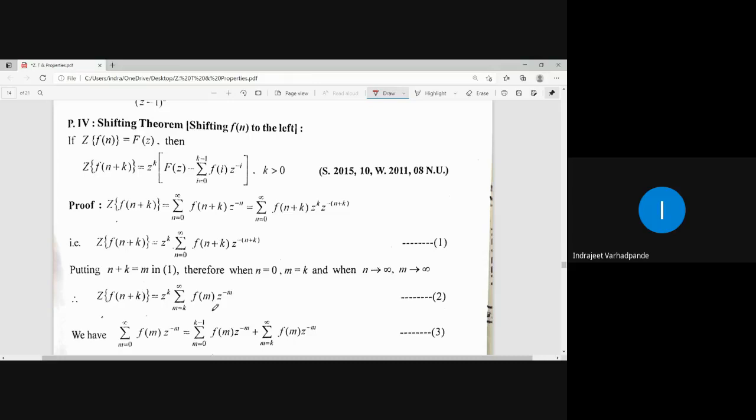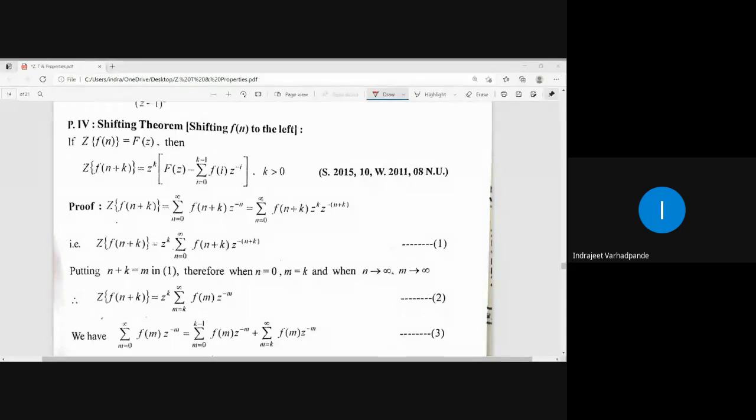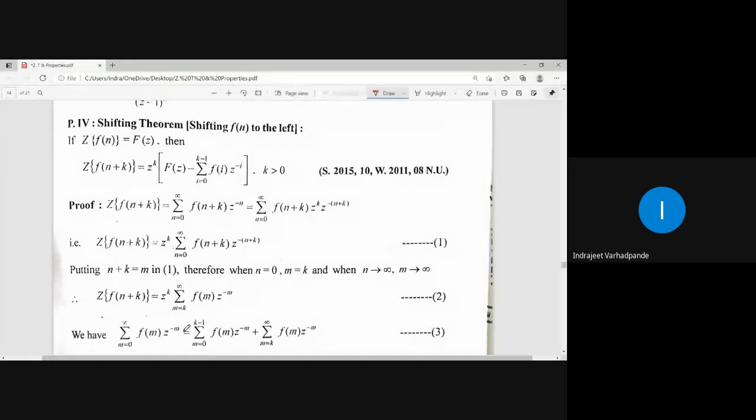How it will be simplified, only remember the statement, that is more important because it will be mostly used in many of the examples related to the difference equation, which is the last part or the application part of this. So after discussing the shifting theorem to the right, we come to the shifting property to the left.